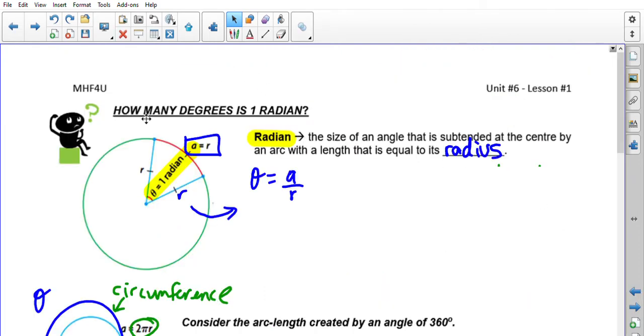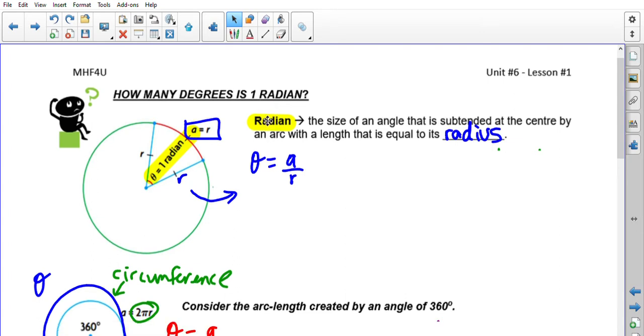All right, so we should be asking ourselves, how many degrees is 1 radian, right? How do they kind of relate to each other? So let's keep in mind that a radian is the size of the angle that is subtended at the center by an arc with a length that is equal to the radius. Okay, so I know this is a lot of confusing words at first, so try to take it step by step. Let's highlight here. So it's the size of an angle created by an arc with a length that is